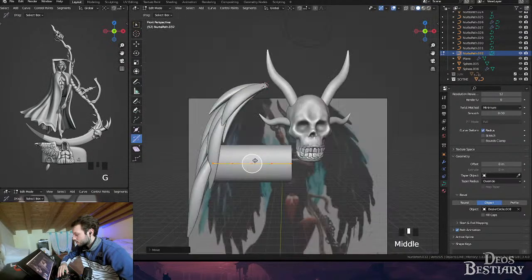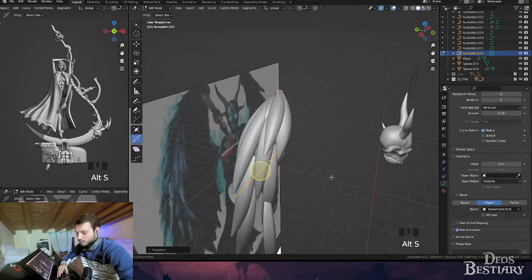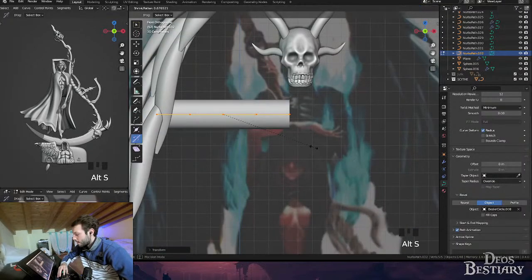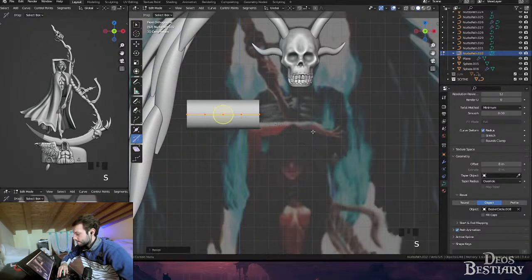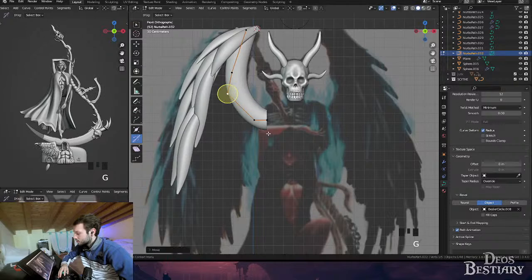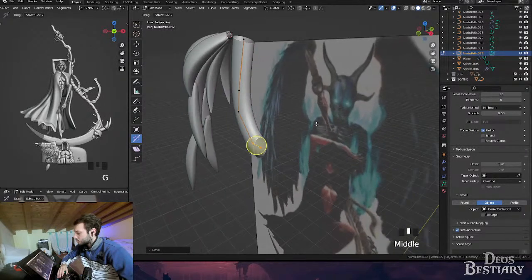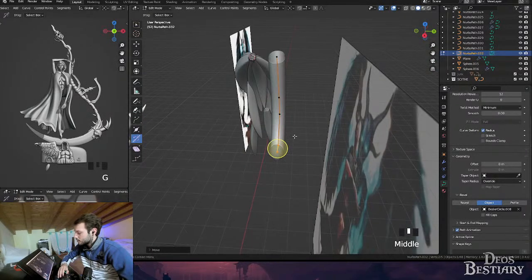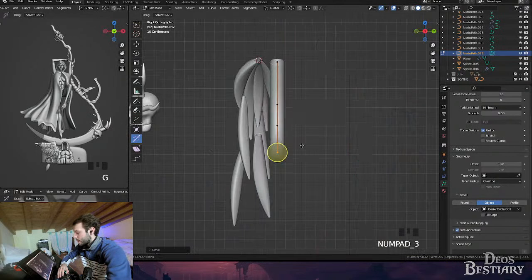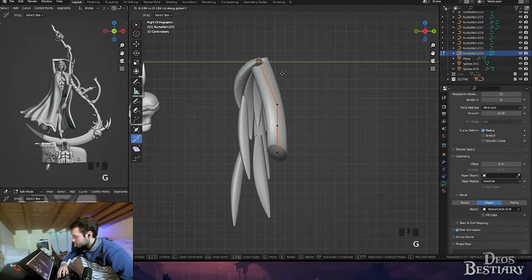Okay. This is something like this, usually starting from the back, and so it goes a bit